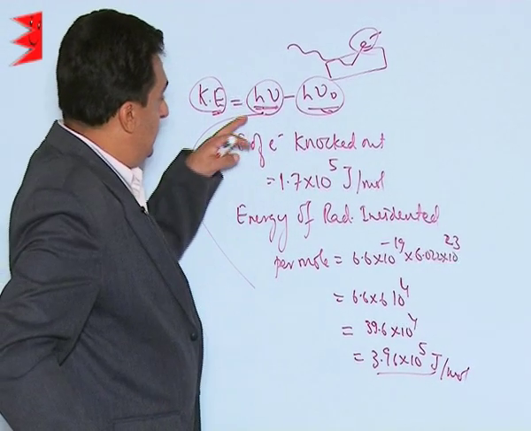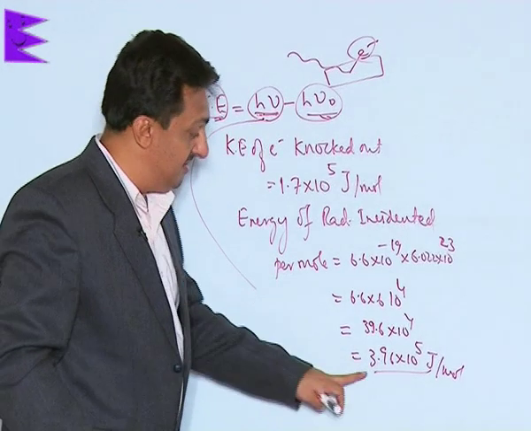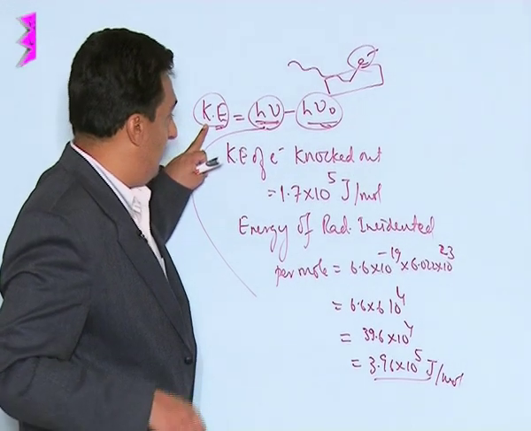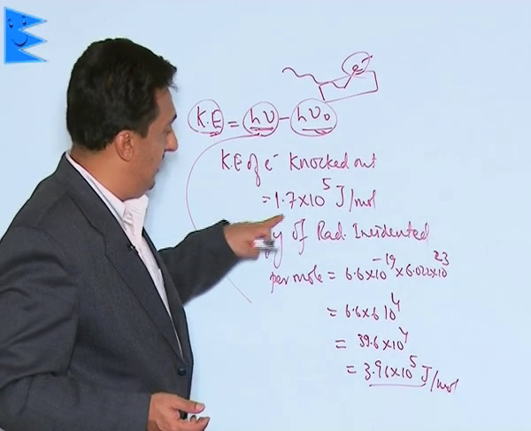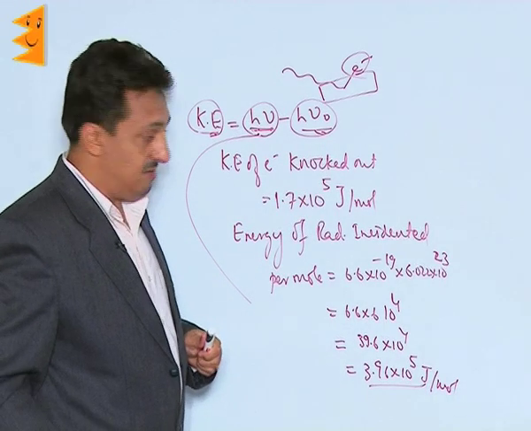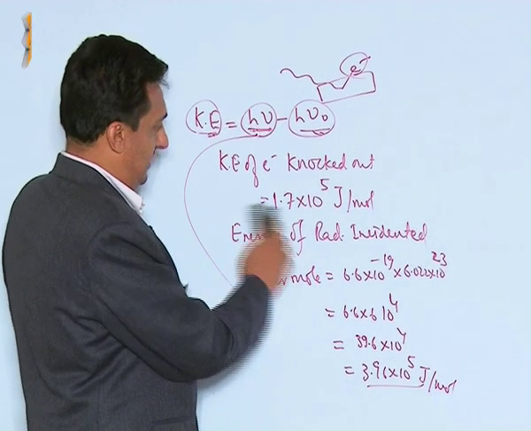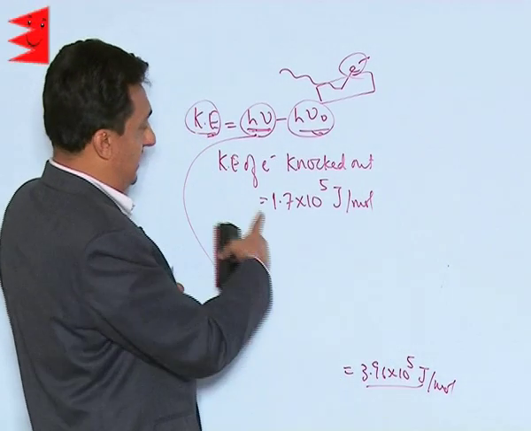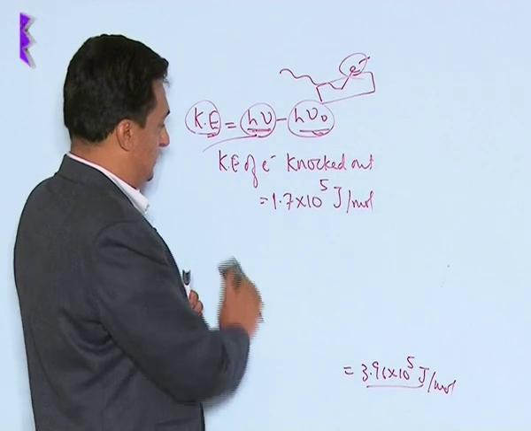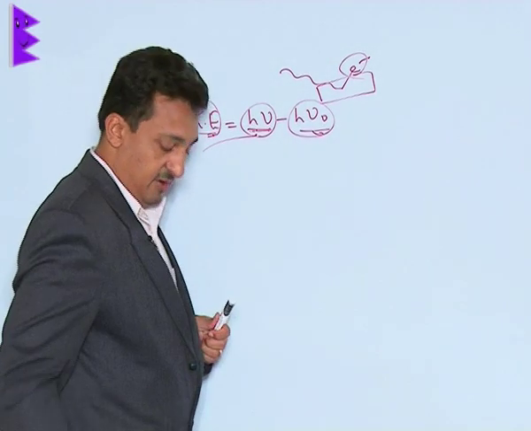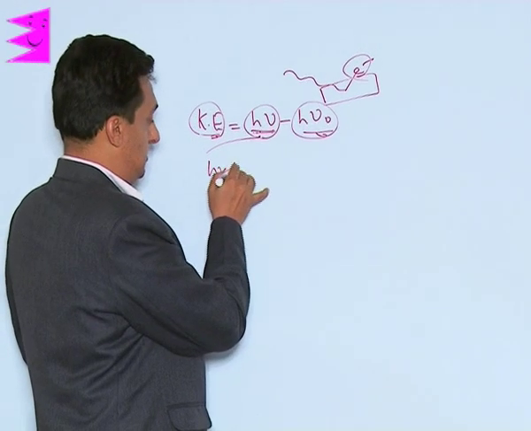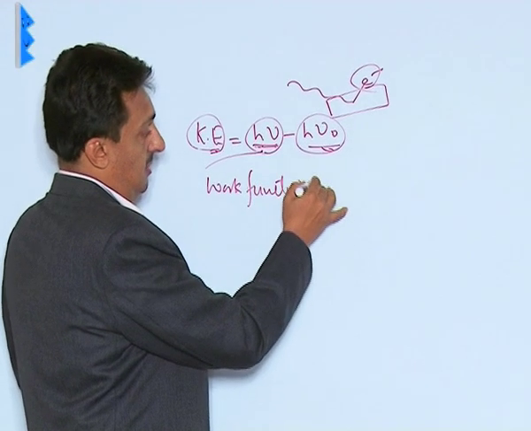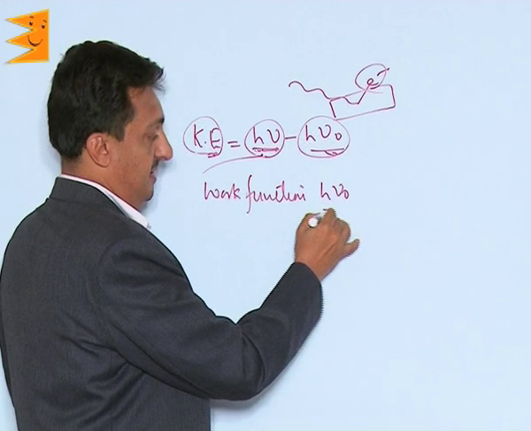So now we know the energy of the incident radiation per mole is 3.96 into 10 to the power 5 joules per mole, and the kinetic energy of the electrons which are knocked out is 1.7 into 10 to the power 5 joules per mole. We need to understand that these are the two values we have: this value is the energy of radiation, and this value is the kinetic energy. So the difference is, let us do this. Therefore, work function, which is h nu naught and is also represented as omega,